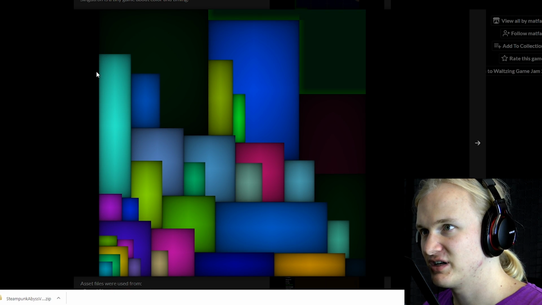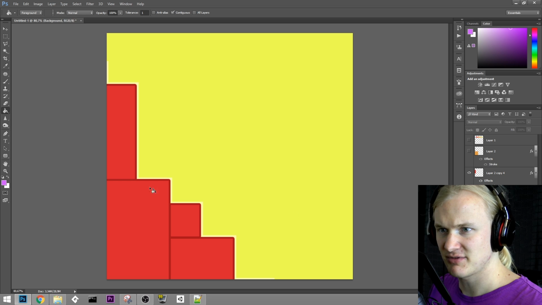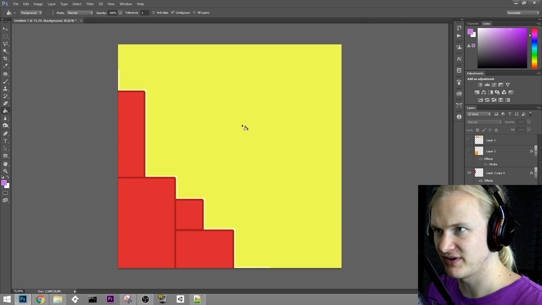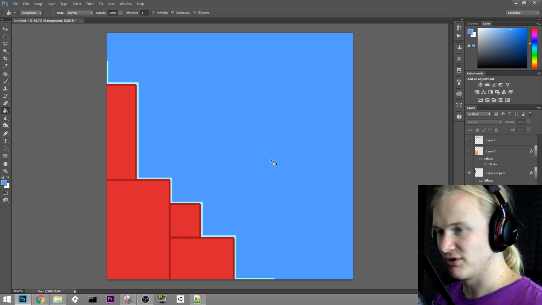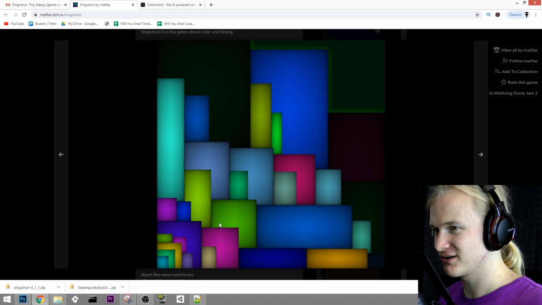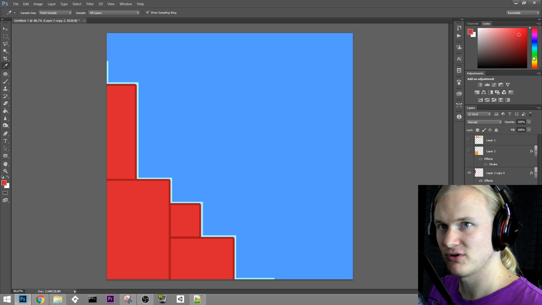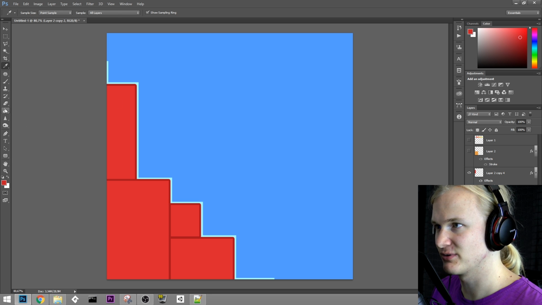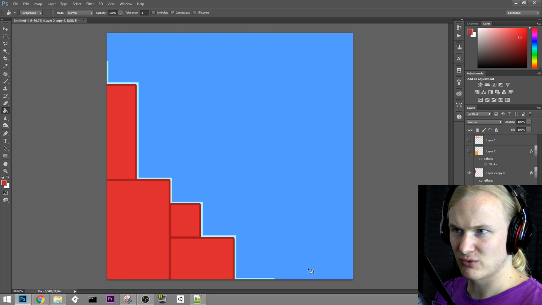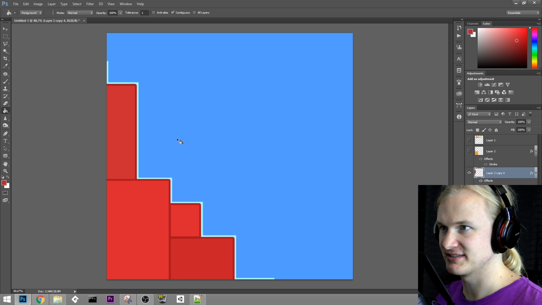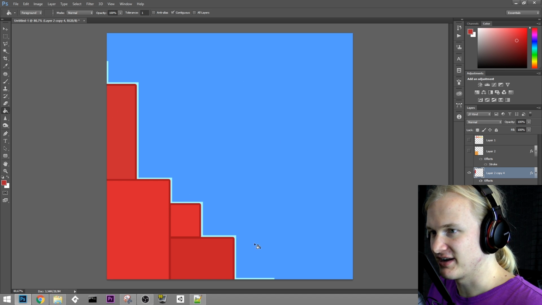I'm not even sure if that vignette inside the squares is needed. See, something like this I feel like would work just fine for your game. For a simple game like yours, a simple look is totally fine. This looks like programmer art, no offense. Maybe you can give those red blocks a slightly different color as well in order to differentiate them from one another, just to make sure you can see where they start and end. I'd go for something like this if I were you.